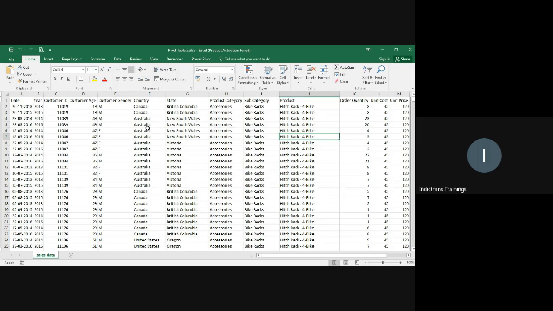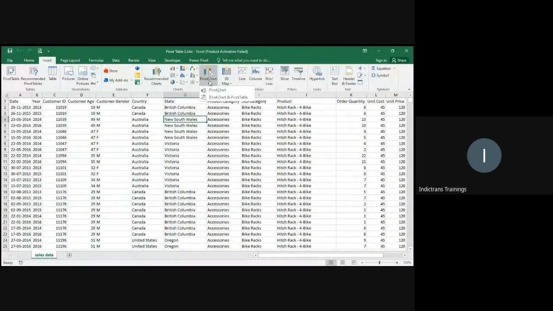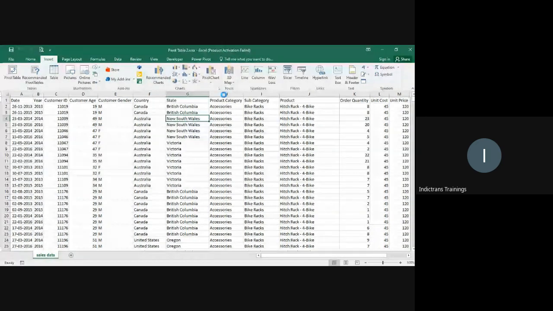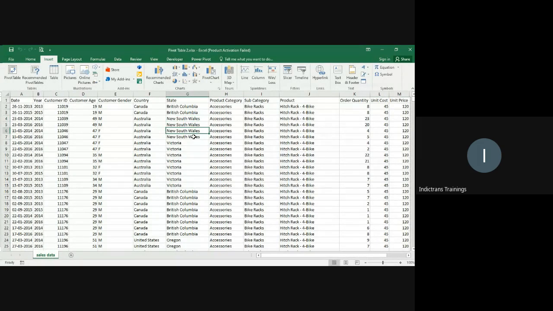Okay. So the first thing that we are doing is to format it as a table. This is not a compulsory step. You could always go and insert a pivot chart and pivot table with this. You can always do that when you have a cursor inside it. You could always do this, and it will select the range appropriately. But it's a good practice to always format it as a table instead of